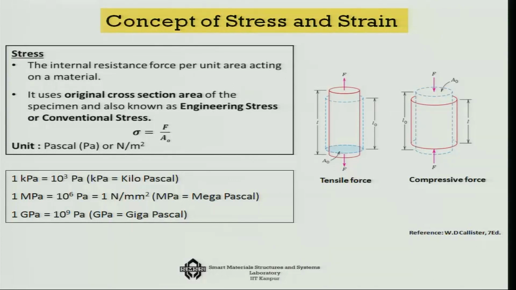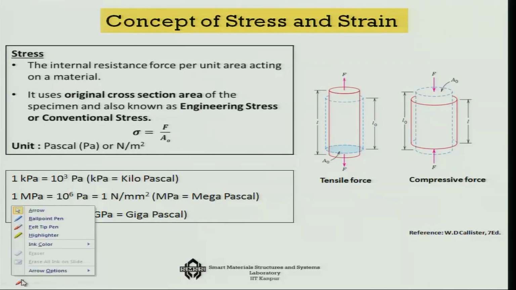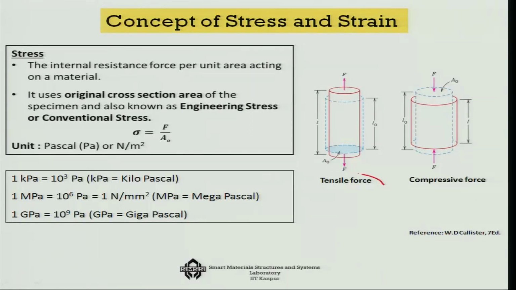So, for example, if you use a tensile testing machine, you take a sample where you apply a force and deform the material. You can deform it either in a tensile force system, where you are pulling it apart, or you are compressing it. In both cases, you know how much force you are applying, and you know the initial area of cross section of the system. So, in an average sense, the force per unit area will give you the stress.